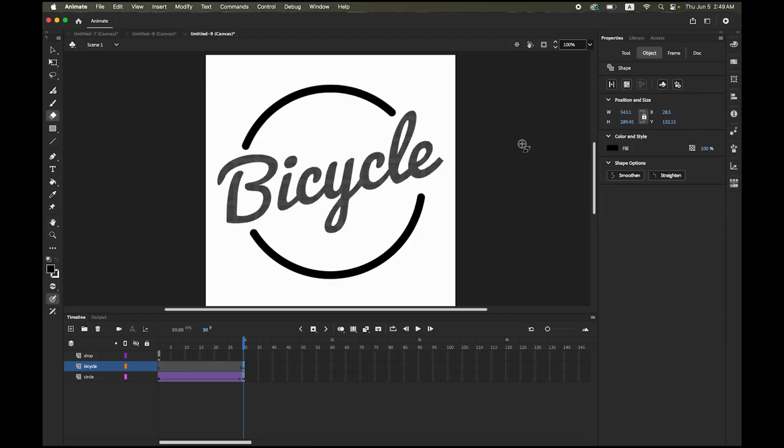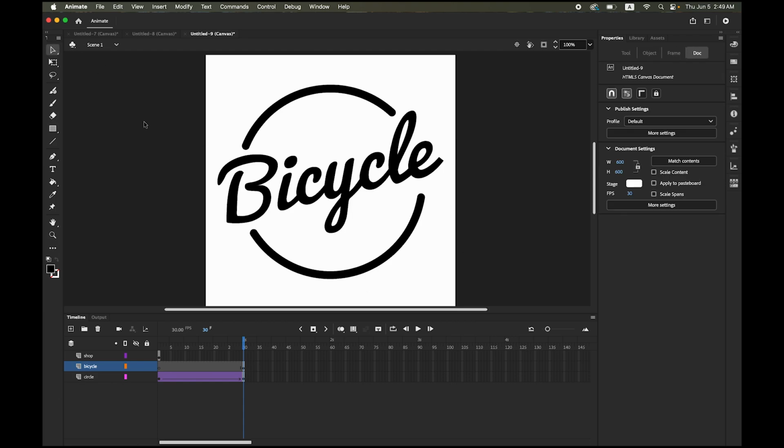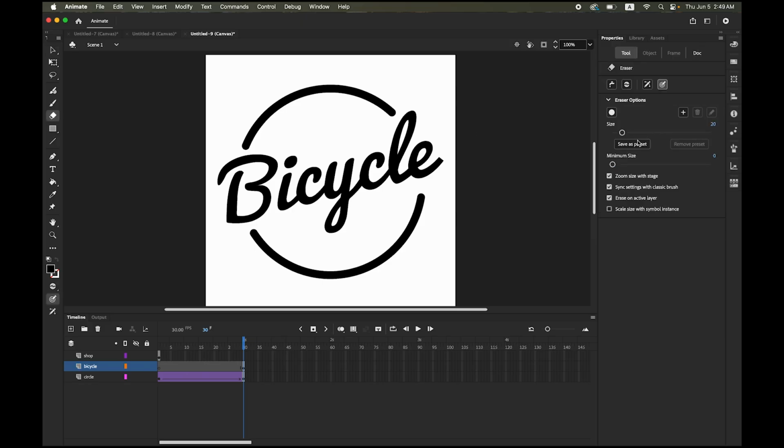Please set the eraser size maybe a little bit bigger. Hold on a second. My eraser. Yep. Maybe 20. Yeah, 20 is okay. Okay, now what I'm gonna do is I'm gonna erase it. I'm gonna make a copy of this frame, erase a little bit, little by little from the end, kind of